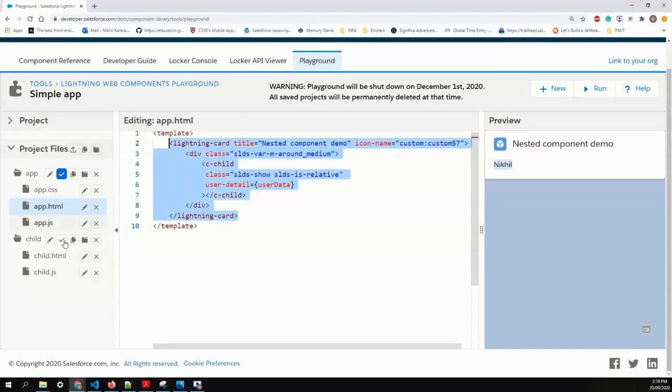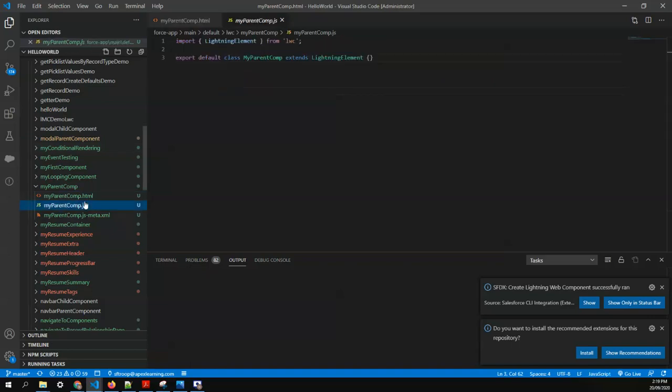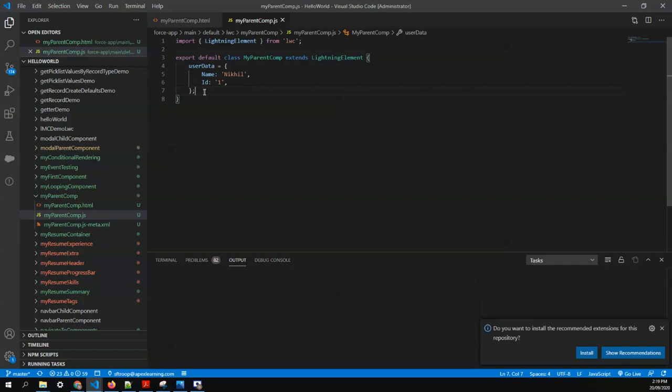And from JS, what we are expecting is our data to be a userData property, an object that's storing the ID and the name. So it's just a local property, name and ID, because in the next lecture we're going to see how we actually connect with wire and Apex. So today we are only focusing on component composition of nested components.